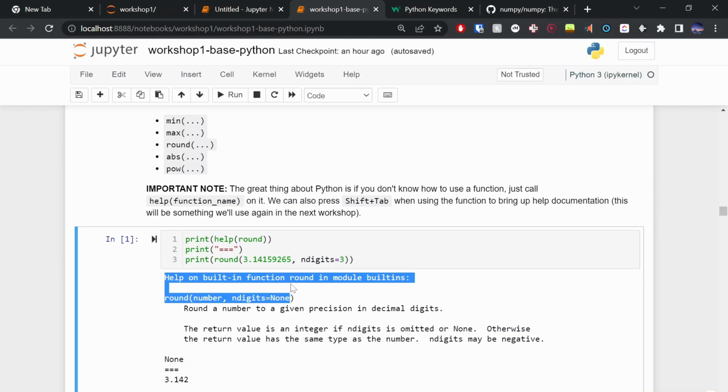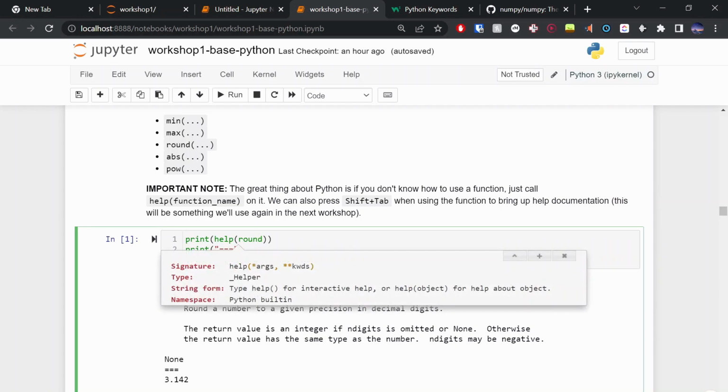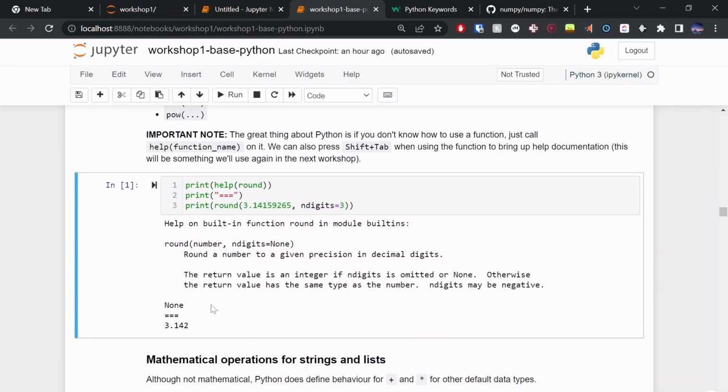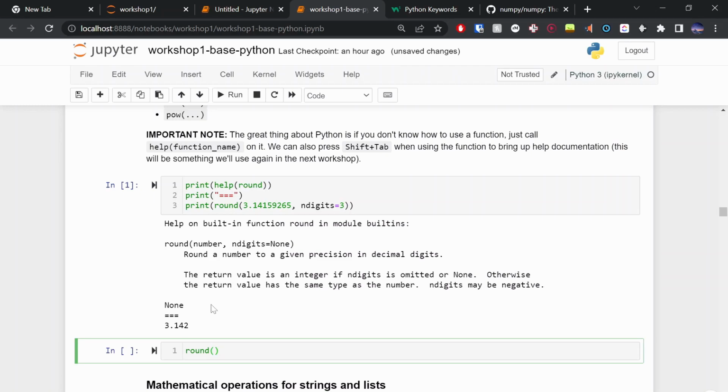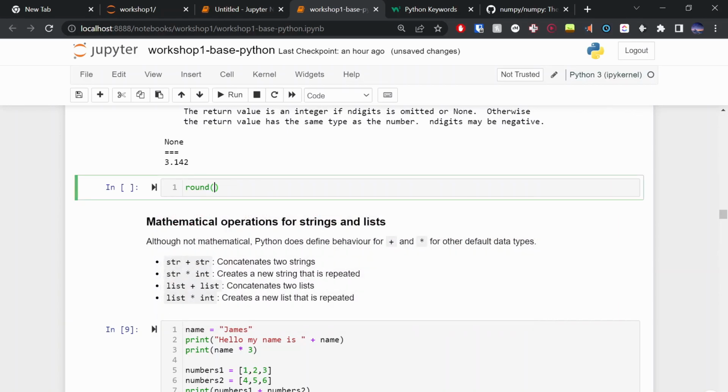The nice thing about Jupyter, if you press Shift and Tab, that'll also bring up the help documentation, right? So if you're inside a function, like so, just Shift Tab while your cursor's inside, it'll tell you exactly how to use that function. Okay, so just Shift Tab, very handy. And then Tab can be also used for autocomplete. So if you really want, you can just press Tab, and when there's different options, like it'll bring up a list like so. Awesome.